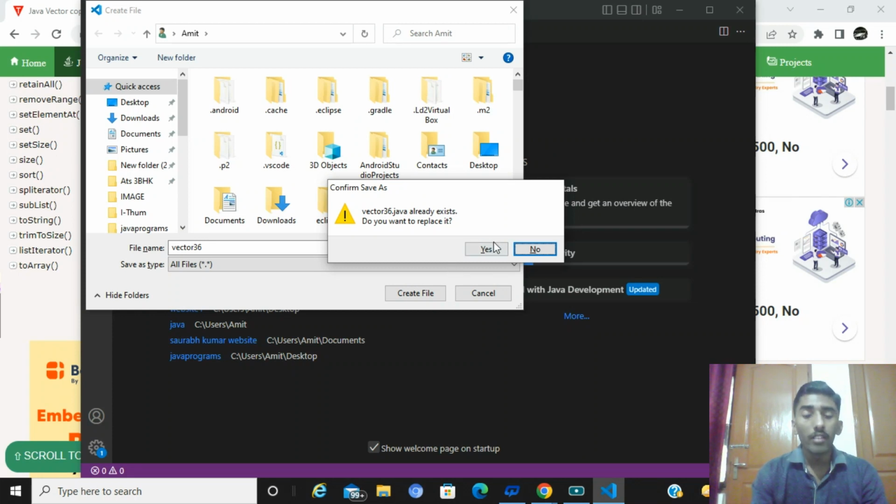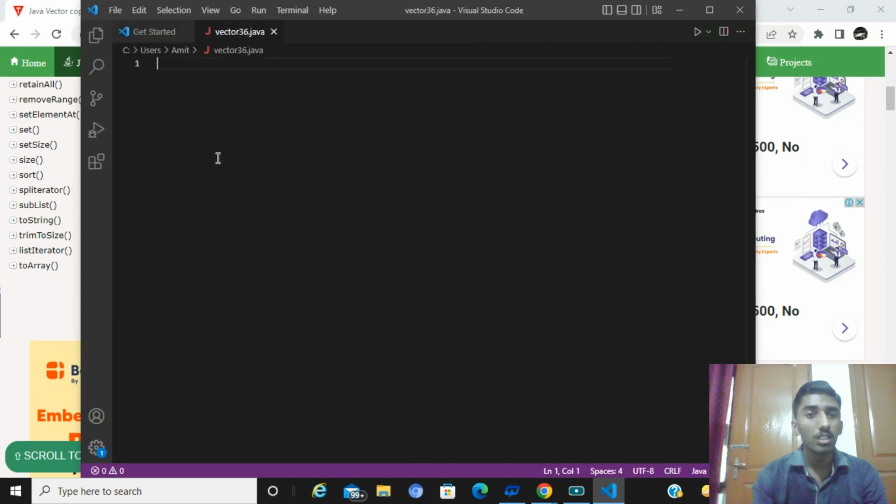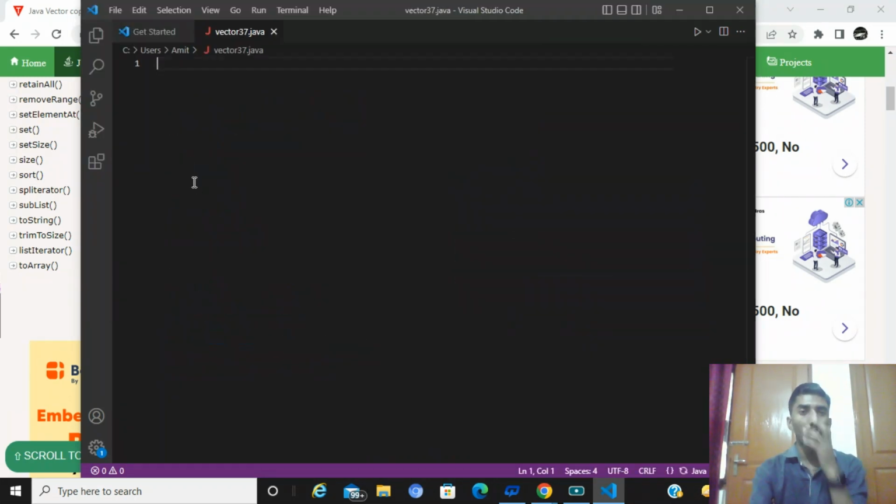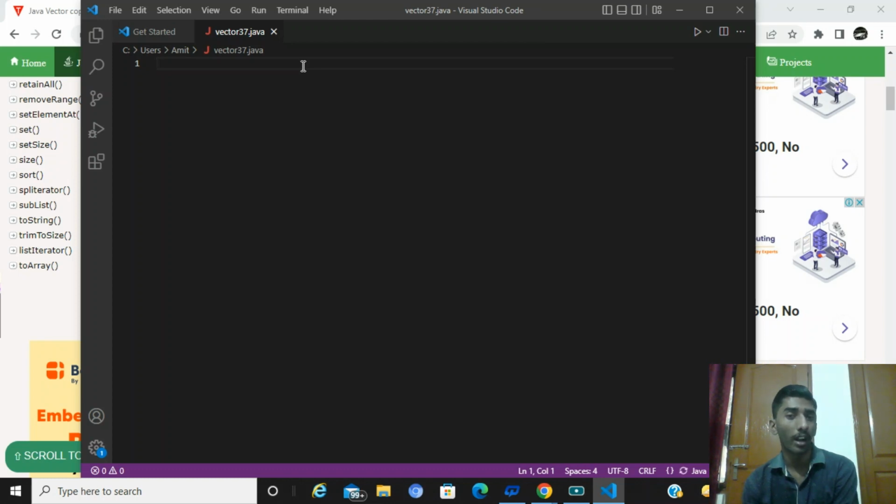So I will cancel it, and now create a file again, vector37.java. Enter it, and now save this file. Now after that, what do you have to write after creating a new file? After creating the file, you have to write the package format of vector. Then what is a package format? The package format is import